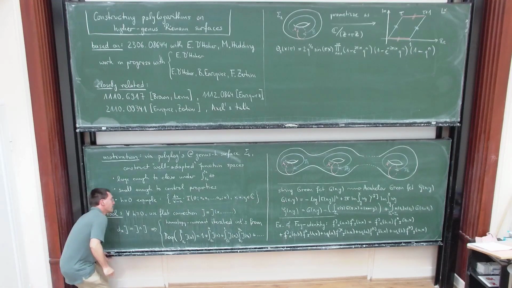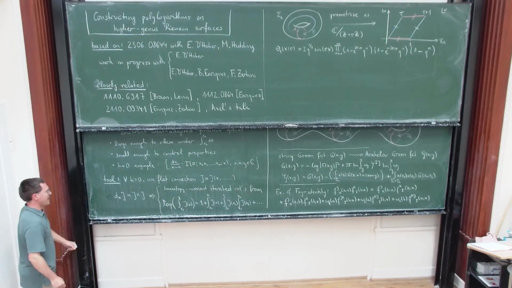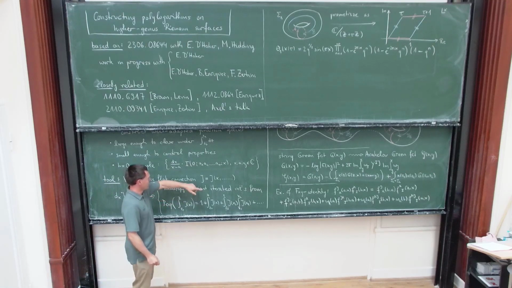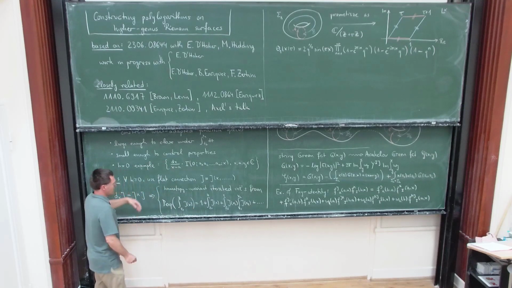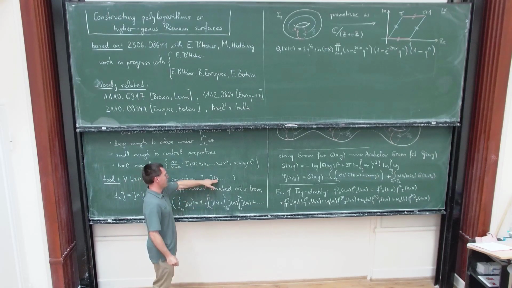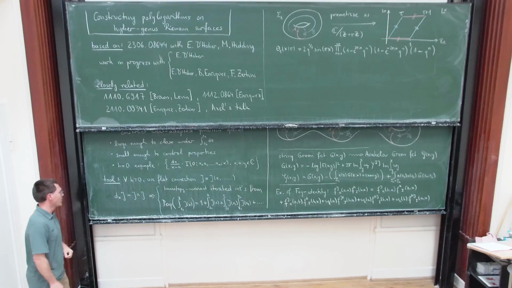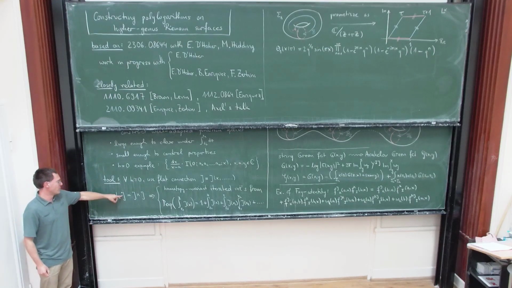And now let me be a bit more concrete about the tools. So I will spend most of the time constructing a connection, a flat connection J, which is a one form in a marked point X on the Riemann surface. So depending on the setting, it will not only depend on one marked point, but typically on more marked points and moduli of the Riemann surfaces, like modular parameter tau in the case of Axel. And once we have a flat connection, once we have a solution to this flatness condition here, then we can